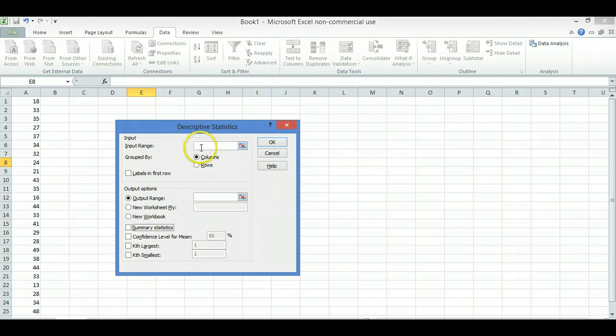The input range for data is in column A, so if I click here and click on column A, the data being processed, the source is column A. I don't have a label in my first row, so I'm leaving this box unchecked. And I want to output the data in a certain range on this sheet, so I click on this cell and tell it, okay, place the data there. I could put it in a new workbook or a new worksheet. So those are other options you have. The process that I'm going to perform on this data is statistical summary. And then if you hit OK,